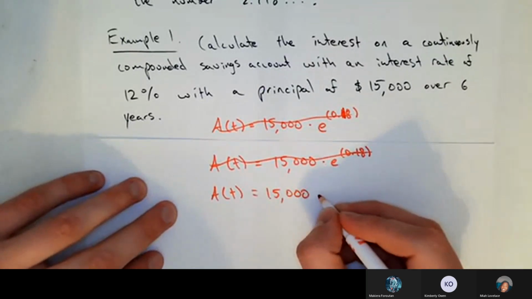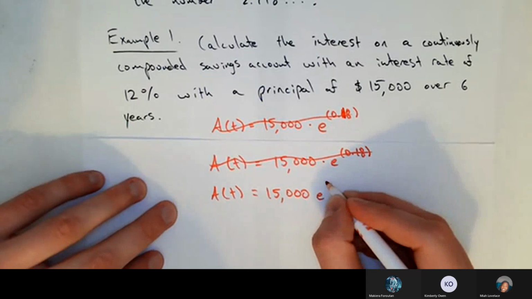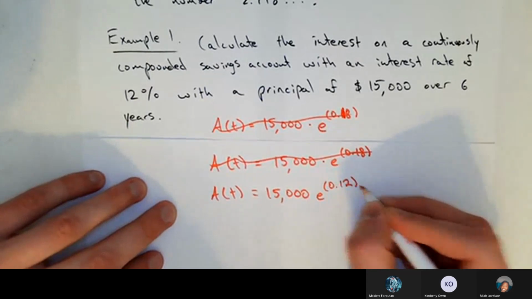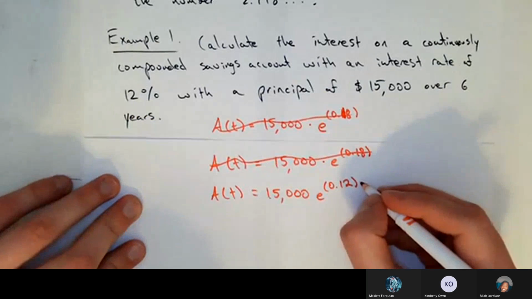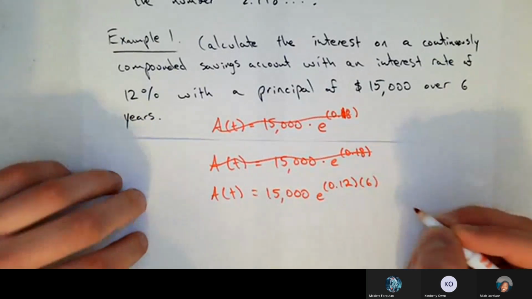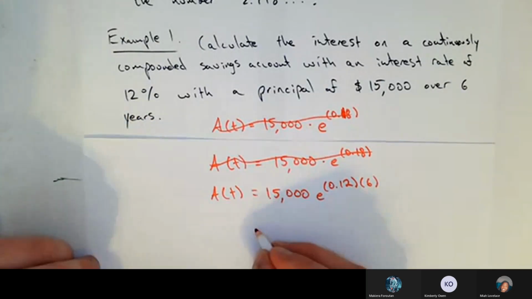Let me try this one more time. 15,000 e raised to the 0.12, which is the interest rate r written as a decimal, and then times t, which is 6. To calculate this,